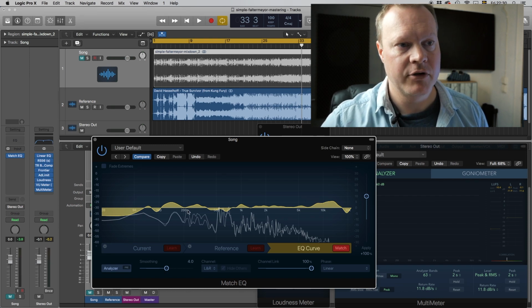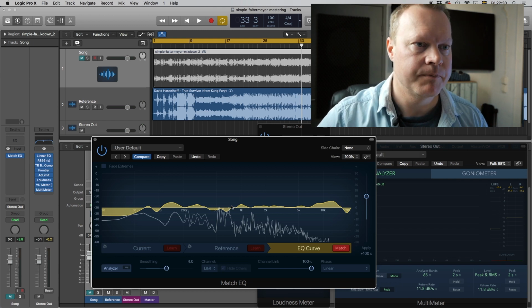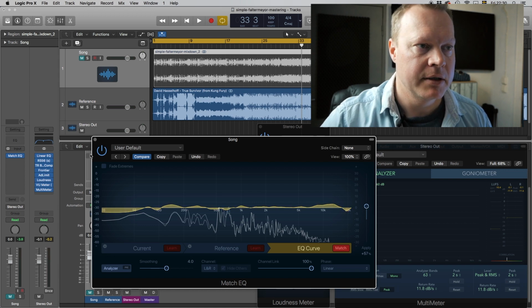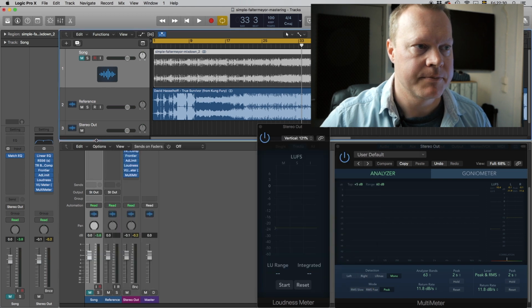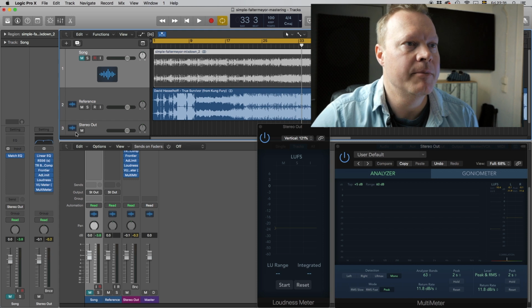So this is what I have to match in my song to get more to the Kung Fury music. But I leave it at 57. That's where I liked it. Then I move on to the mastering chain,